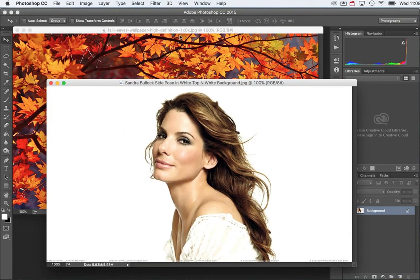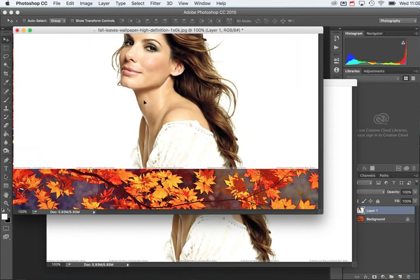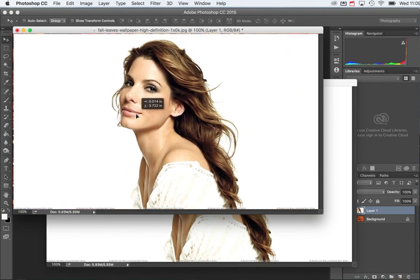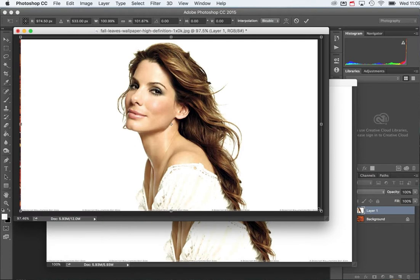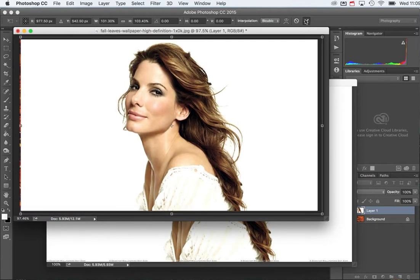Okay, now this will be impressive. What we'll do is we'll take this photo of Sandra Bullock and we'll drag it on top. Okay, and I'll hit Control T and just make it a little bit bigger, just so it fills it up totally full. Control 0 or Command 0 and just kind of go like that. Now this will be kind of fun. What I'm going to do is I'm going to take my eraser,